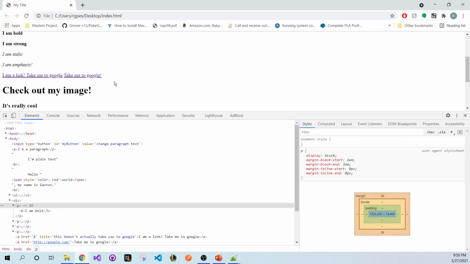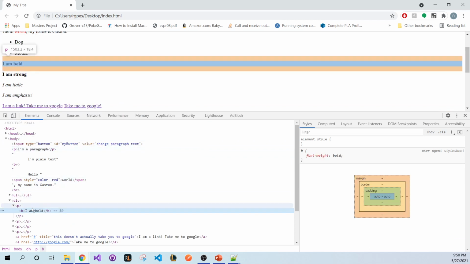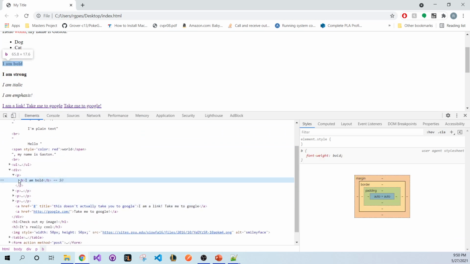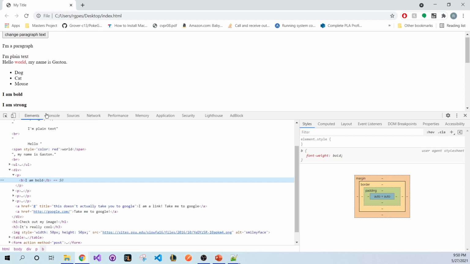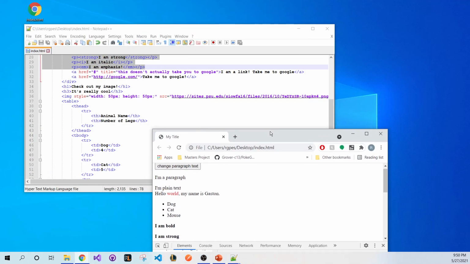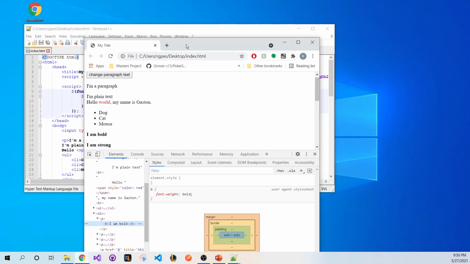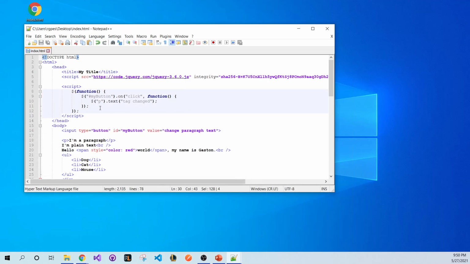So let's reload the page, set it back to how it was. Let's right click and see what happens. When that was clicked, that changed everything from within here into whatever we had set it to say, that text. So yeah, tag change. So now what we can do